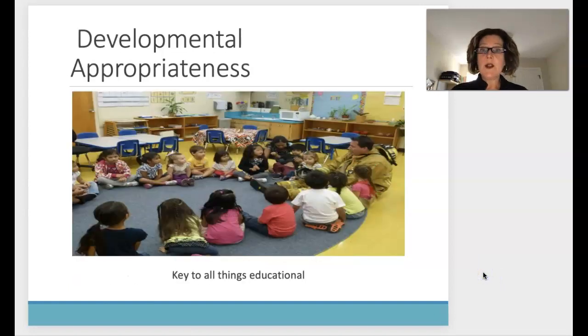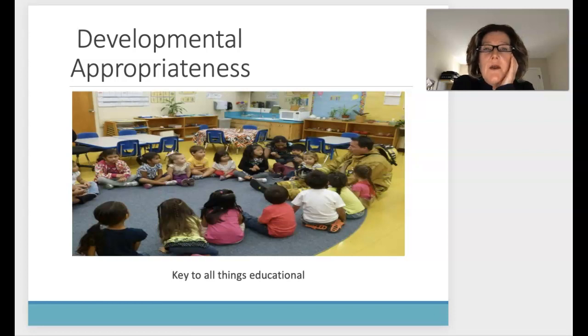Again, the importance for you as potential teachers is knowing developmentally appropriate stages. For instance, in this classroom, these are little guys, grade 1s.